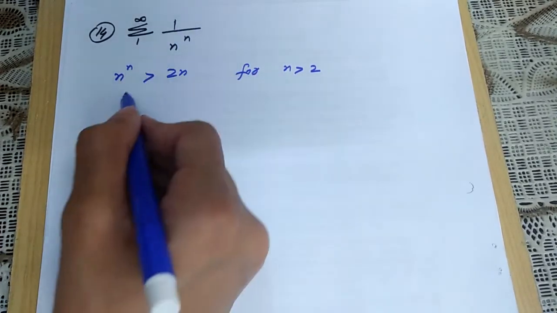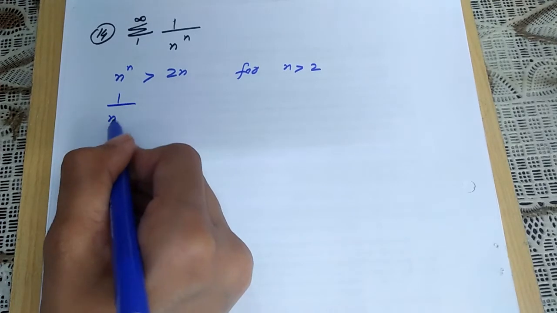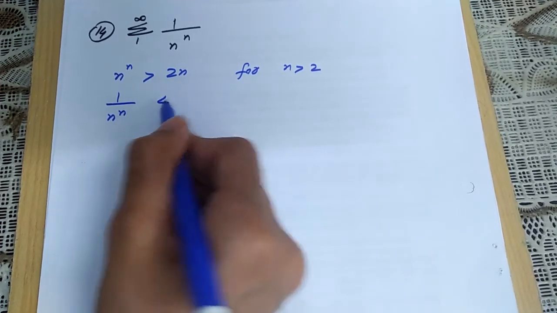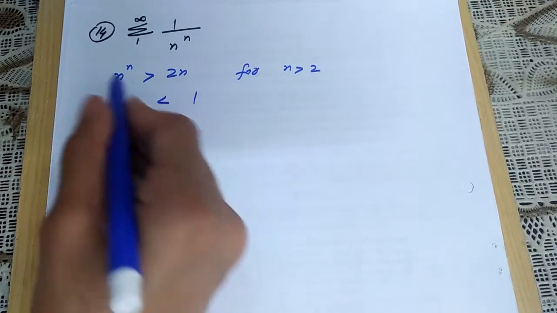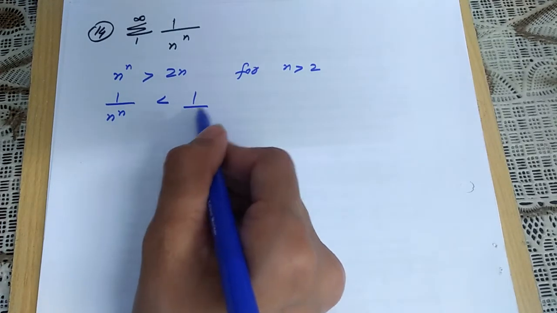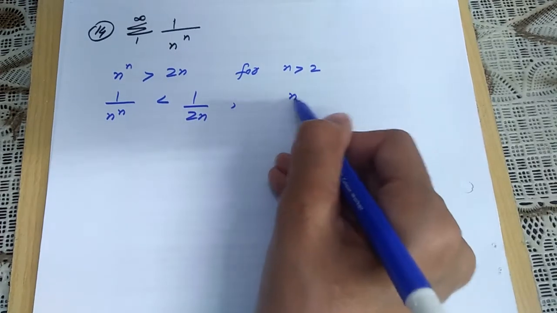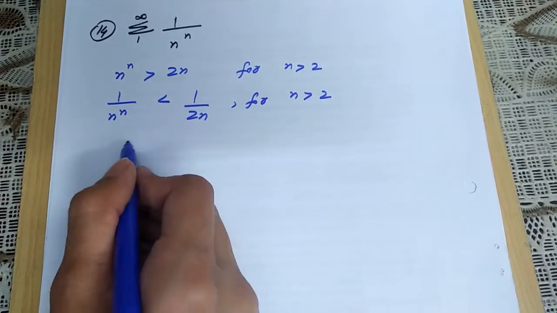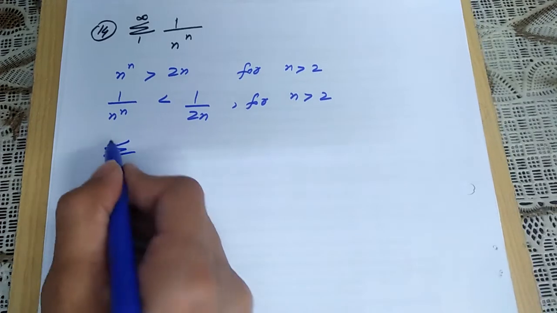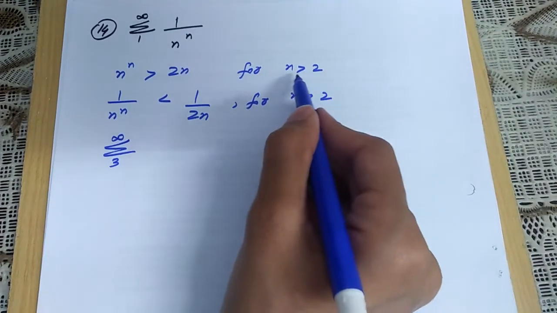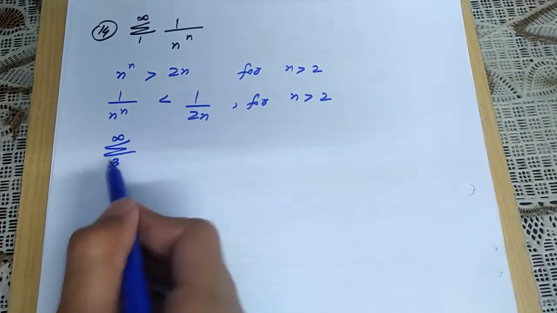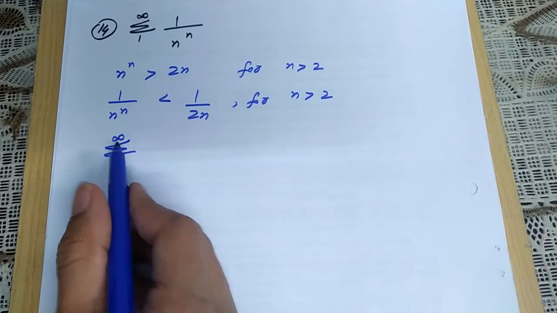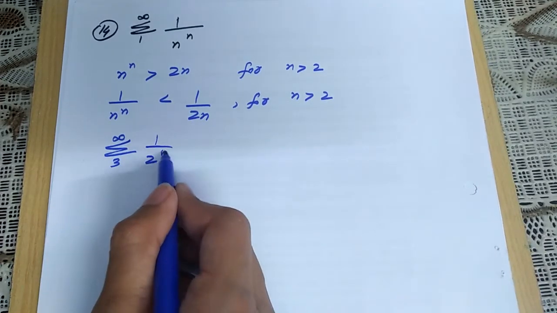So if you take the reciprocal of it, you will get 1 over n raised to power n. That will be less than, the sign will become opposite because you are taking the reciprocal, 1 over 2 to the power n, and this is also for n greater than 2. But you know that the sum of the series from 3 to infinity, because here you are writing it for n greater than 2, so I am taking it from 3 to infinity, 1 over 2 raised to power n